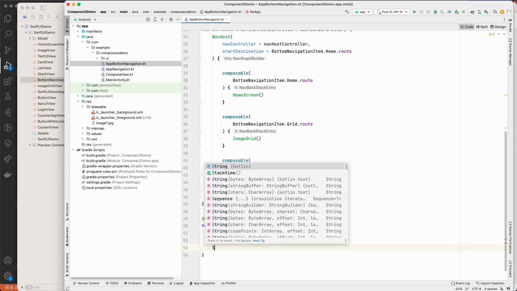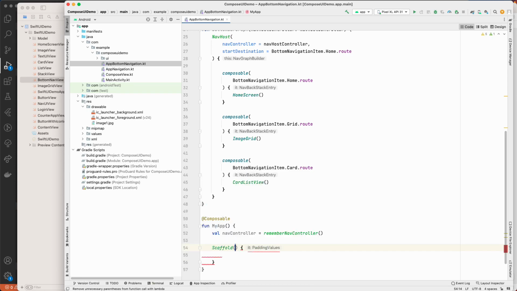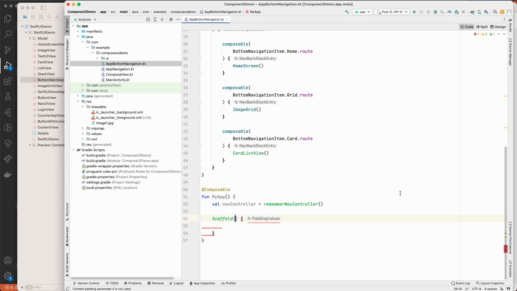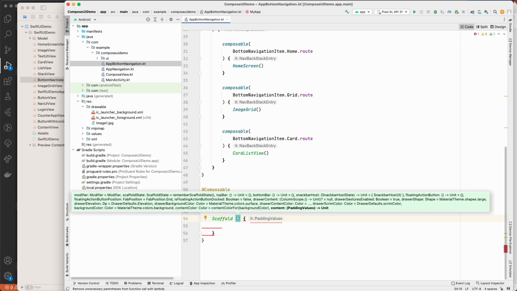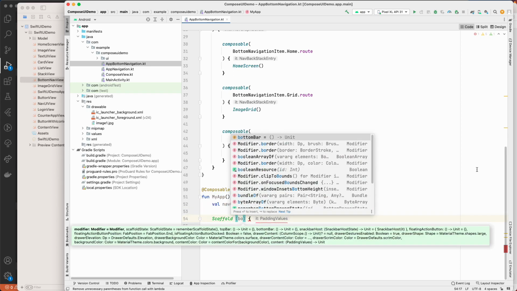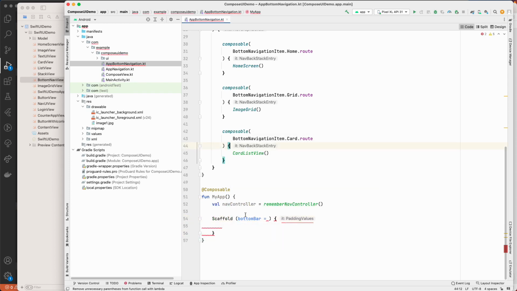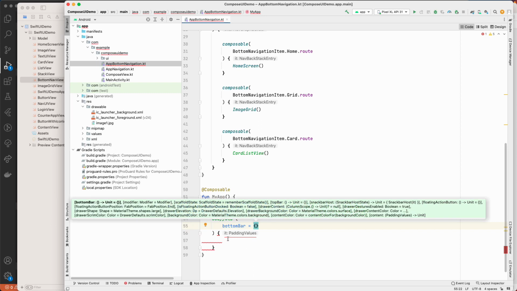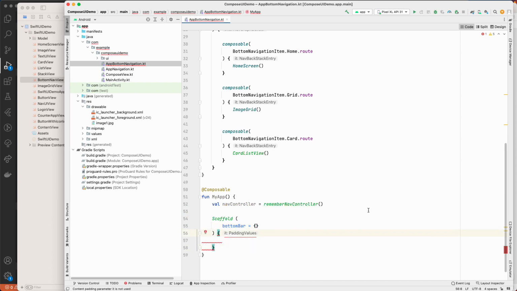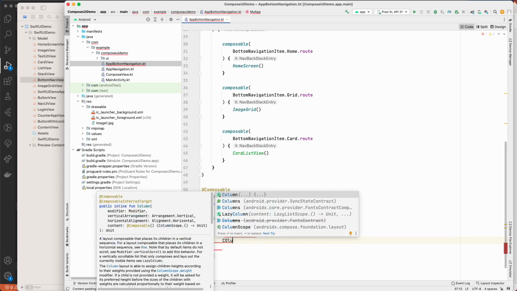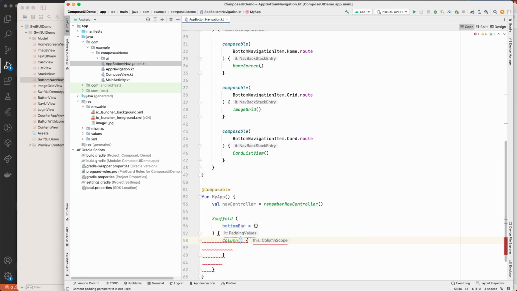And the next is I will have to load the scaffold. You already know how we can create a scaffold. We have previously already created this scaffold over here, and with this scaffold we can just add our bottom bar, right? If you can remember this one. So once we have this bottom bar, here we have to create a lambda expression, and here we have some errors, so I need to load a column or something over here. And with this column,